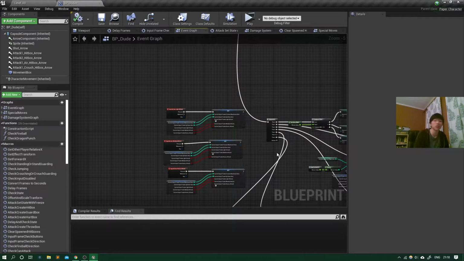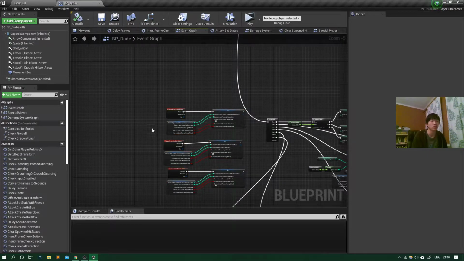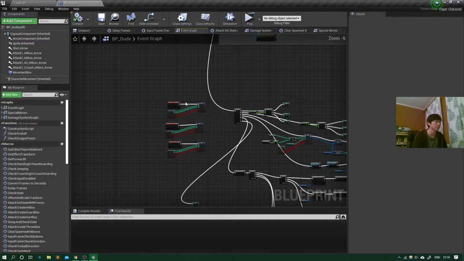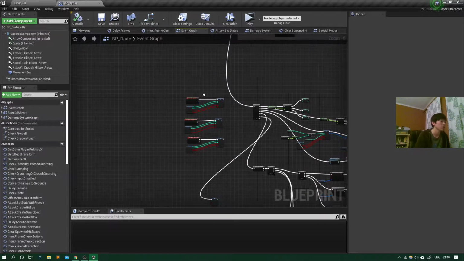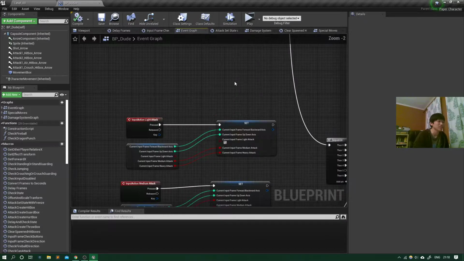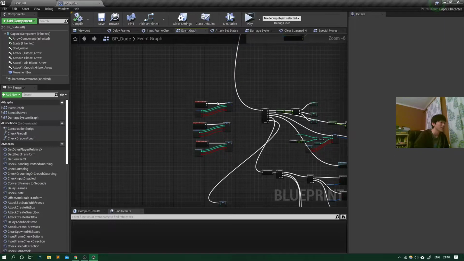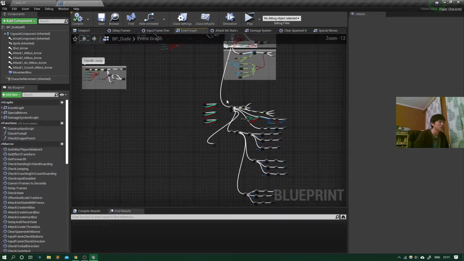Alright, so this is just going to be me talking a little bit about the input sequence, or the kind of input checking system for moves that I have currently implemented. It's not the most efficient, as you'll see in a bit, but it gets its job done, and I think I have enough memory processing bandwidth for that to happen. So we can see here that on each tick,